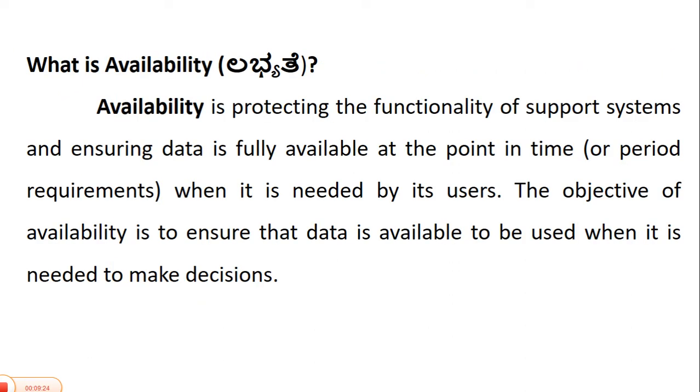Next we have availability. Now, what is availability? Availability means when I need the information, at that time I get it. That is called availability. Means as per the need of the time, I should get the record. For example, I need student information, but at that time I am not able to get that record in a proper time. Then what happens? It becomes a loss of data, or some advantages we are going to provide the student become impossible. So that will happen.